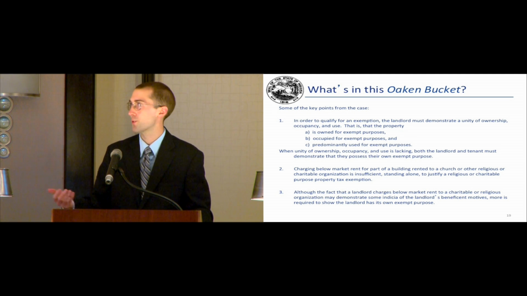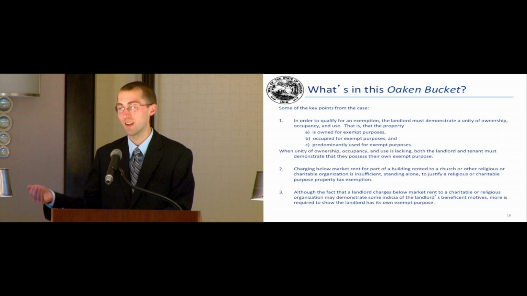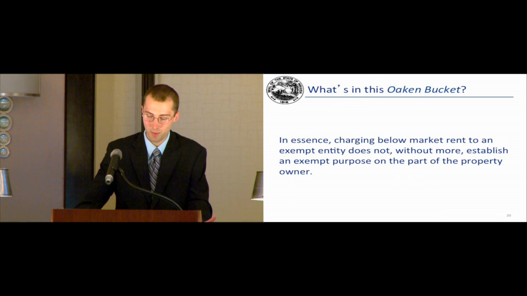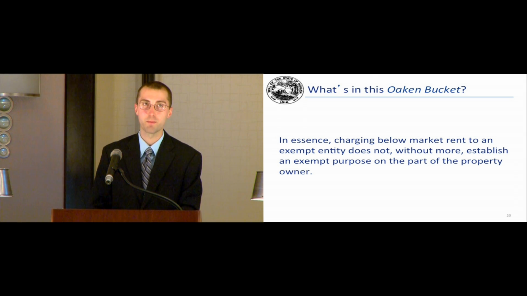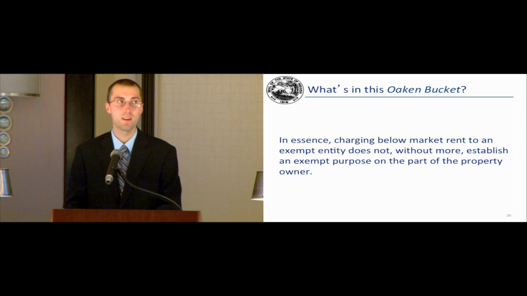And that more evidence is required to show that the landlord applicant has its own independent exempt purpose, independent, I should say, to that of the church or a charitable organization or an exempt entity. So what the case essentially boils down to is that charging below market rent to an exempt entity does not, without more, establish an exempt purpose on the part of the property owner. Like I said, the property owner or the landlord would have to show an exempt purpose independent to that of